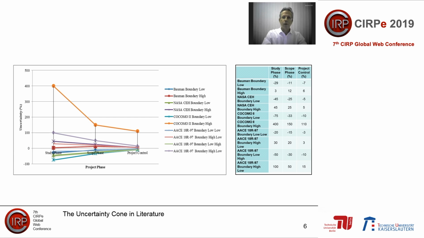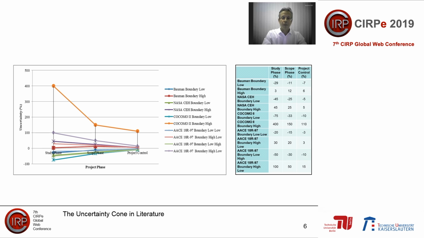Key models describing the risk and uncertainty funnel are based on the work of Baumann in the 1950s, the American Association for Cost Estimation in the 1990s, NASA in the 2000s, and the constructive cost model COCOMO after that. The image maps the uncertainty ranges of the milestones or project phases in each of these models to the lowest common set of phases, as put forward by Baumann, which are the study phase, the concept phase, and the project